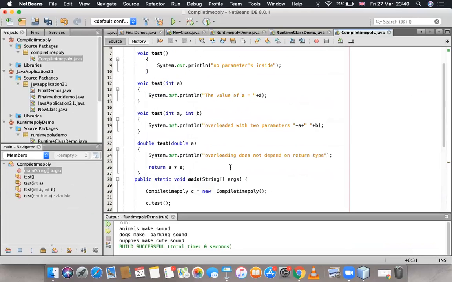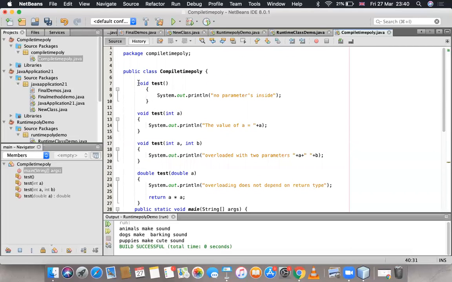That's it. So this is a perfect example for method overloading. You can see that test is the method that has been overloaded four times. How does method overloading happen? I have created one more video where I explained it in detail. This is another example here. In this I am passing no arguments, here one argument. In method overloading the name of the method is the same, and the return type does not matter at all. The only thing is that the number of arguments and the data type of the arguments should differ.